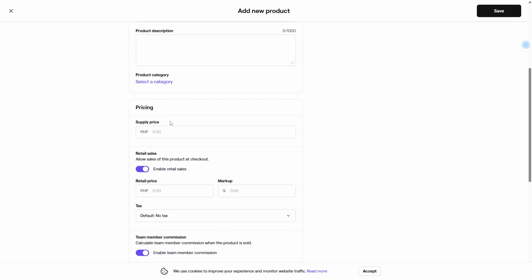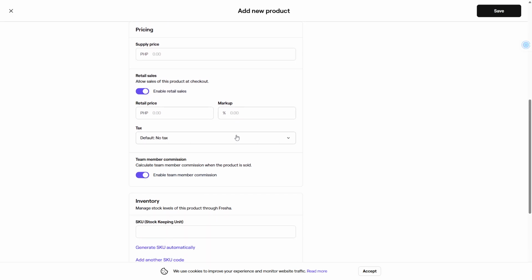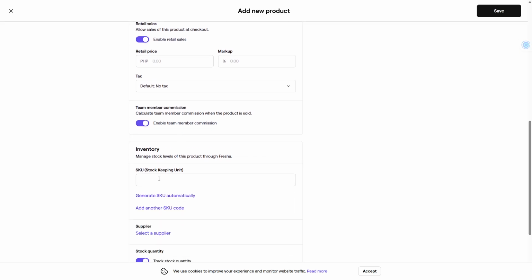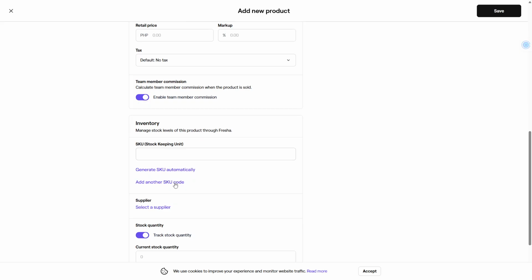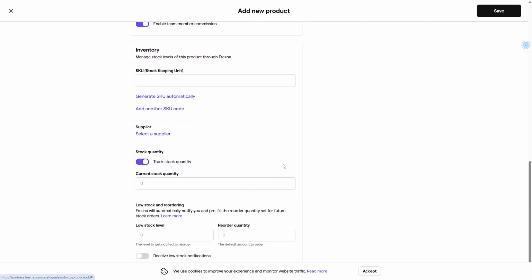You'll input the supply price, which reflects how much it costs you to purchase the product, followed by the retail price, which is what you'll charge customers. If applicable, enter the markup and tax percentages to finalize the pricing scheme. To keep your inventory organized, you'll want to complete the SKU or stock keeping unit field, which is crucial for management purposes. Finally, ensure everything is accurately filled out, and then click on the Save button to save your product